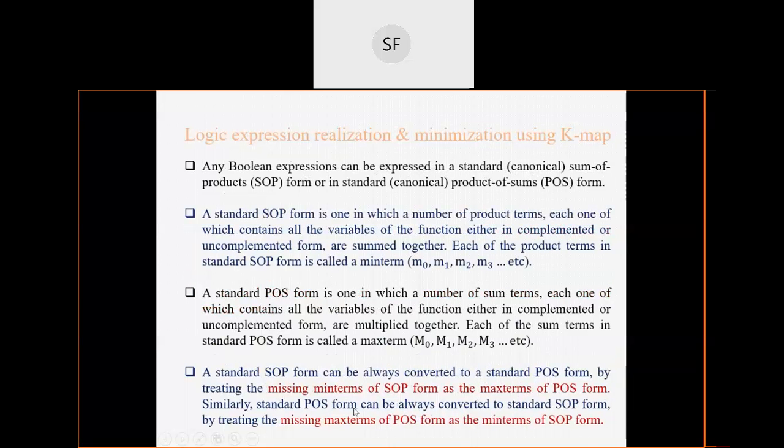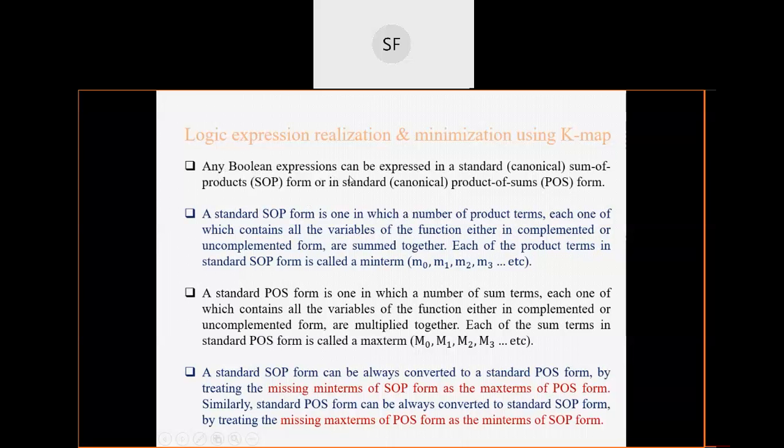Then again, this point we have already discussed, but we will take it just as points to be remembered. This discussion we have already done, but we will read it one more time, and we will try to remember these points.